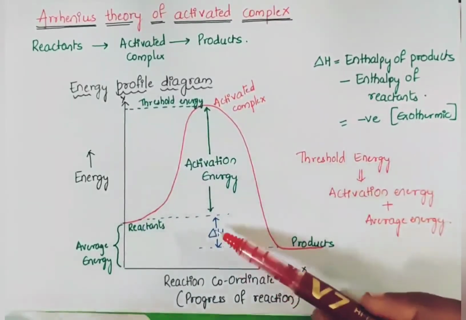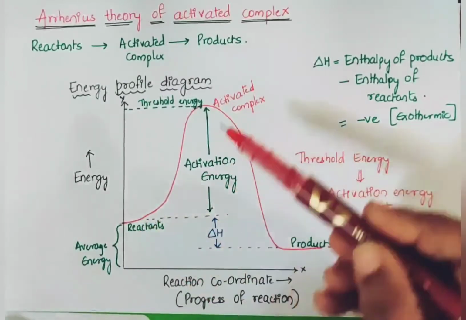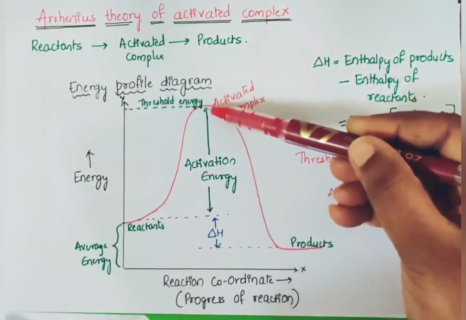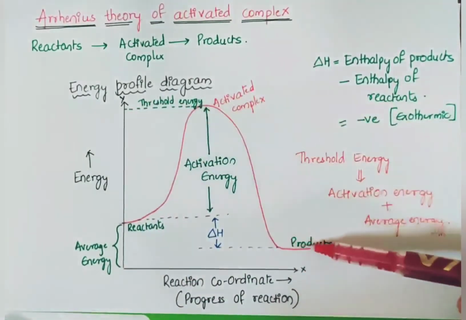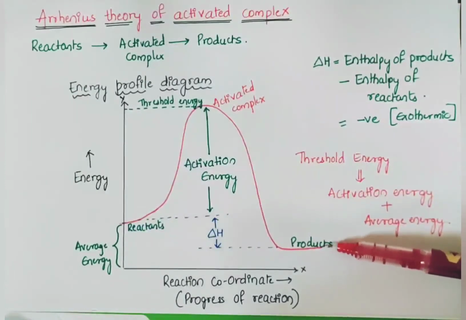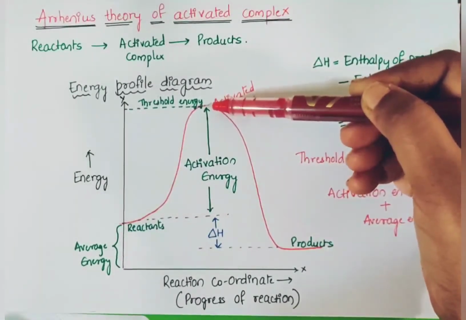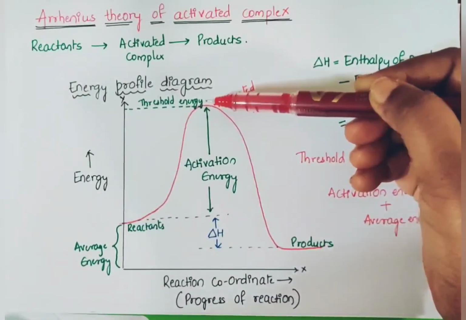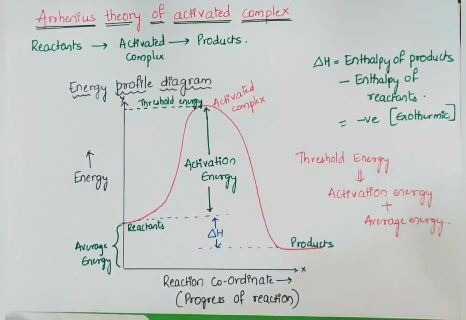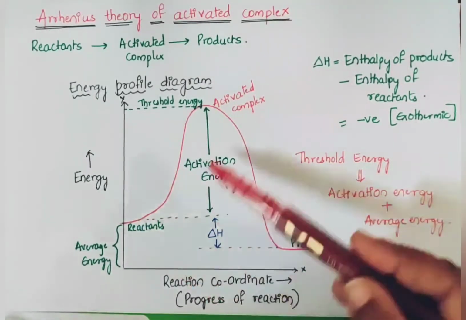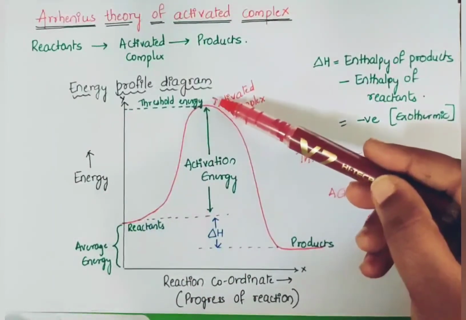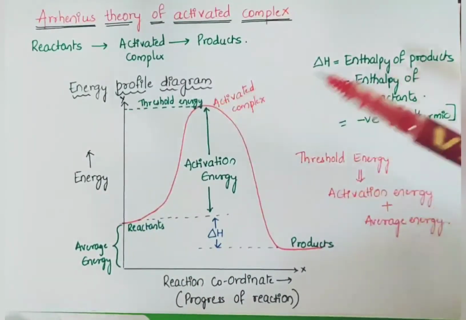So this part is delta H. And this is the threshold energy. This is the barrier which the reactants have to cross to form the product. So what is this threshold energy? It is the minimum amount of energy that the reactant molecule should possess to give the products. So not all reactions will happen. Why? Because they will not have a certain minimum amount of energy, the threshold energy, to bring about effective collisions